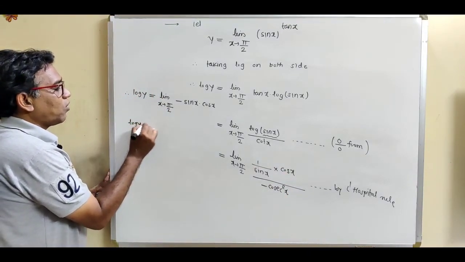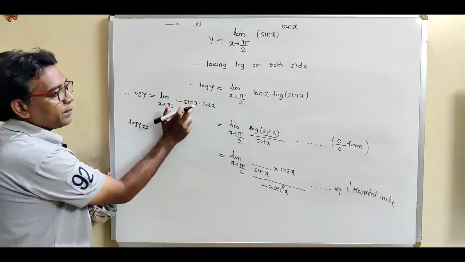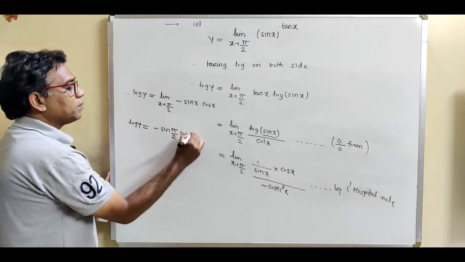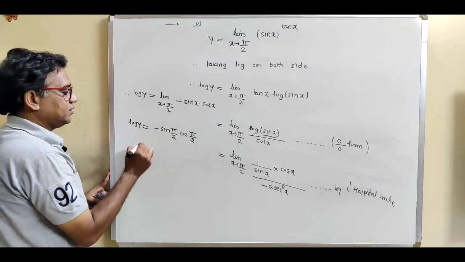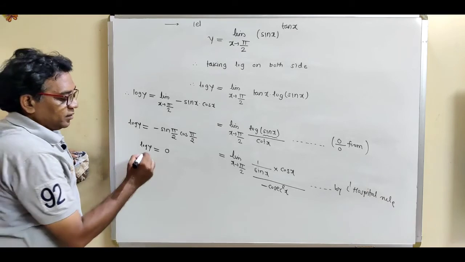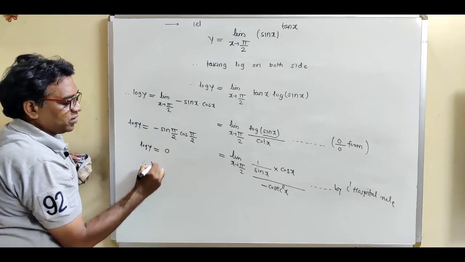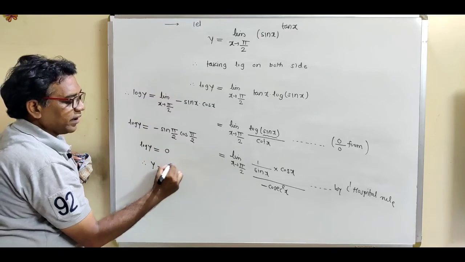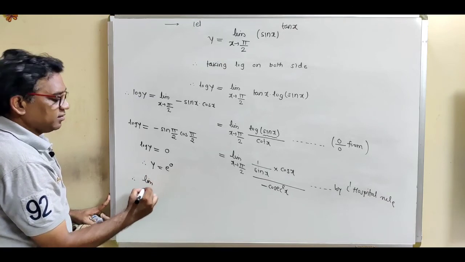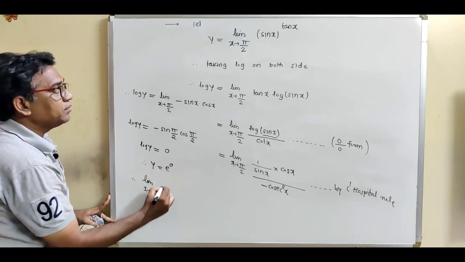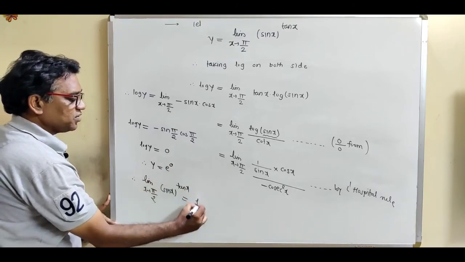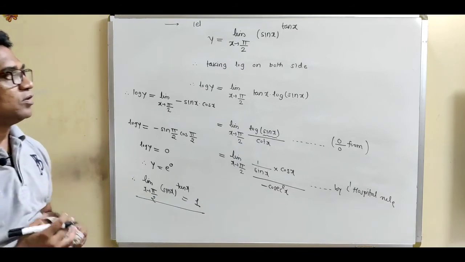So solve this limit. Log y is equal to, now put x equal to pi by 2. This is minus sin pi by 2 into cos pi by 2. And what is cos 90? It is 0. So log y is equal to 0. Now we want to find out the value for y. So this logarithm becomes exponential, y is e raised to 0. And y means our given limit, limit x tends to pi by 2 sin x raised to tan x. This is our given limit. And what is e raised to 0? It is 1. So the value of this limit is 1.